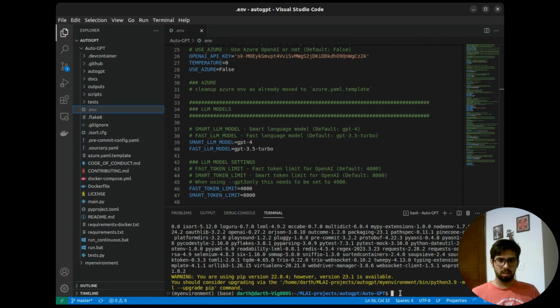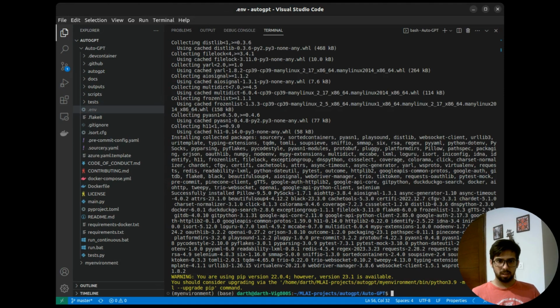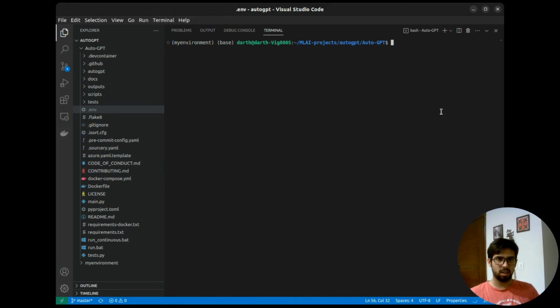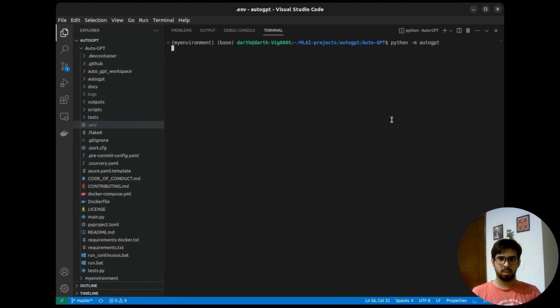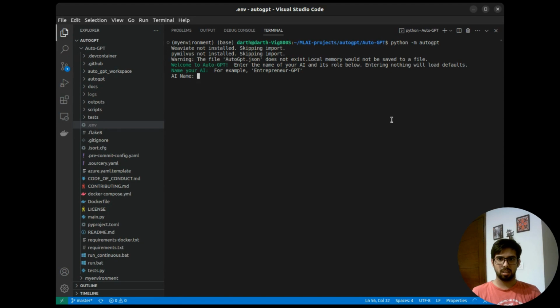Now in our terminal, let's make it a little bit clear. And now in our terminal, I will type python -m autogpt, and it's starting. We are going to give our AI a name. Let's call it Journalist GPT,